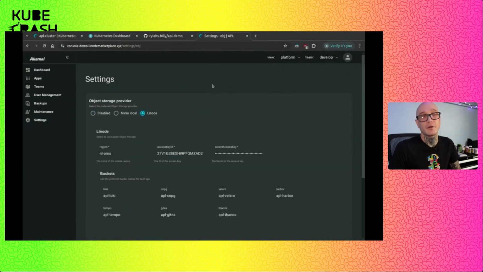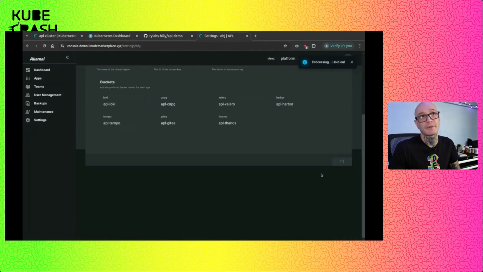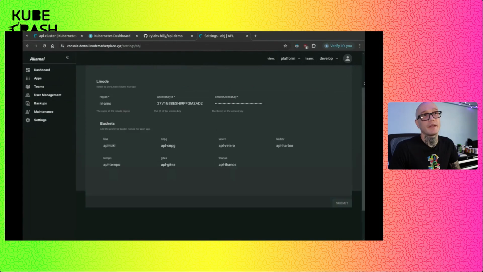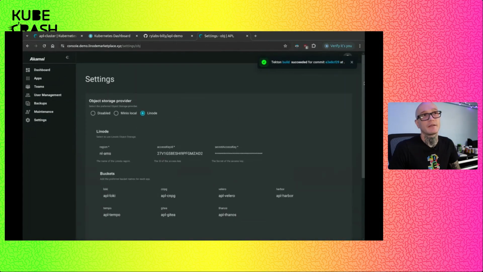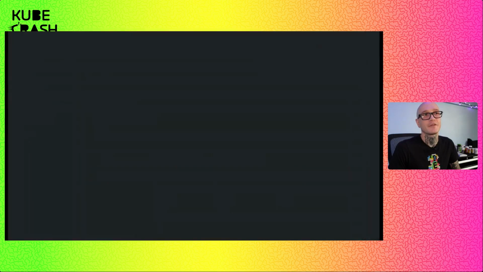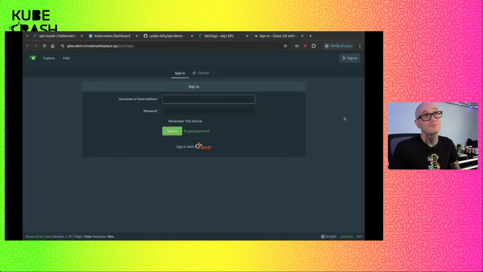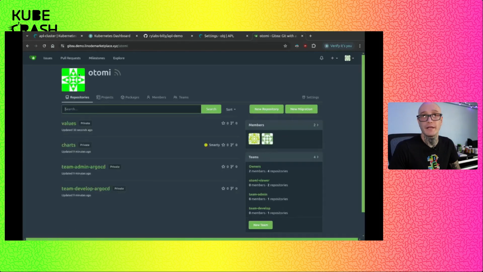If I select Linode here, this could have been already connected, but I wanted to demonstrate the GitOps aspect of it, where I click that little button there, and we have this pop-out on the side that tells us to hold on. And it is a Tekton pipeline with a commit hash. So if we take a look at that, we come to a self-hosted Git instance that we log in through OpenID, through Keycloak.